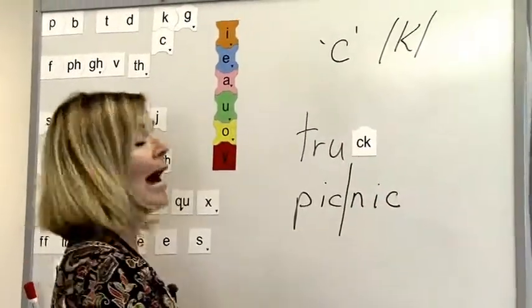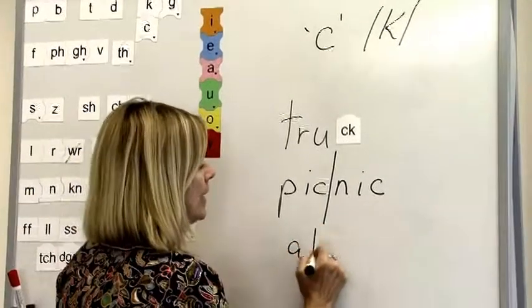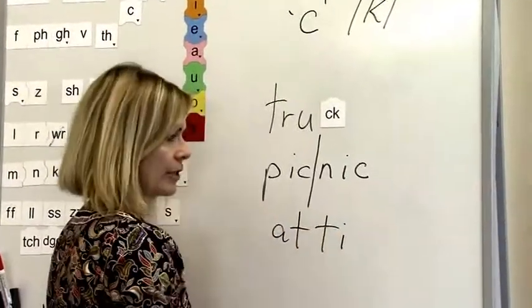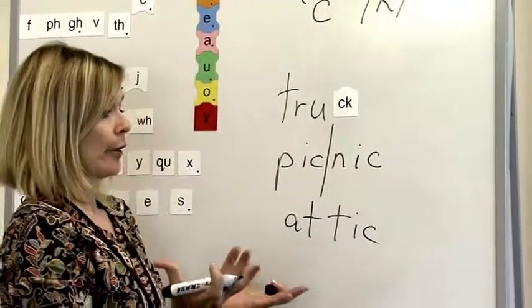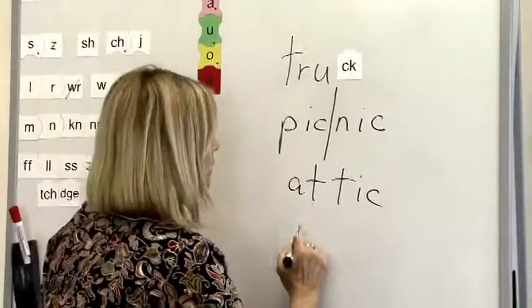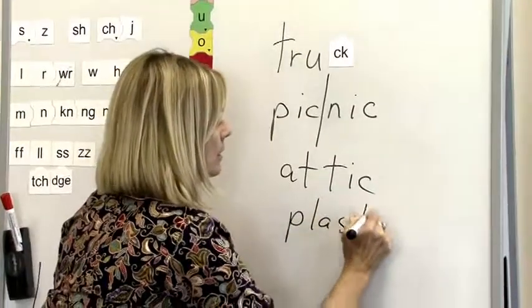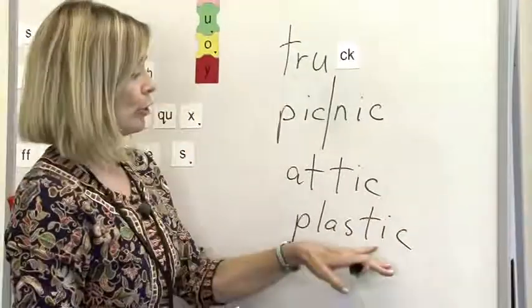Picnic. So it's the multisyllable word, final position, just the c. Let's look at another word, attic. In the attic. Again, instead of ck, it's going to be c. Attic. Another one, plastic. A plastic bag. Final position, multisyllabic word, one short vowel,